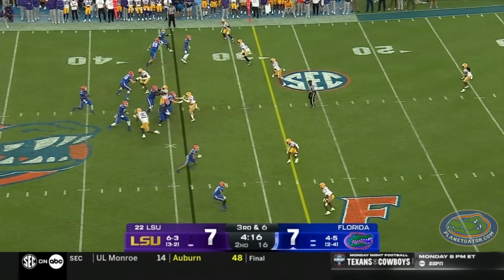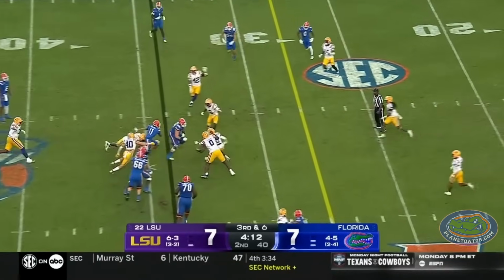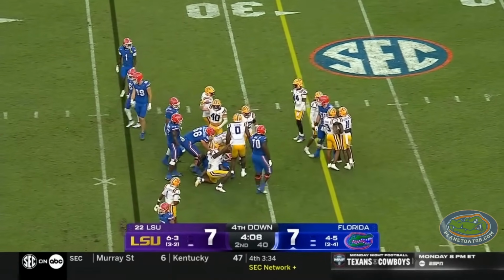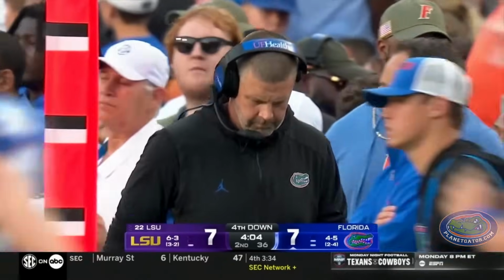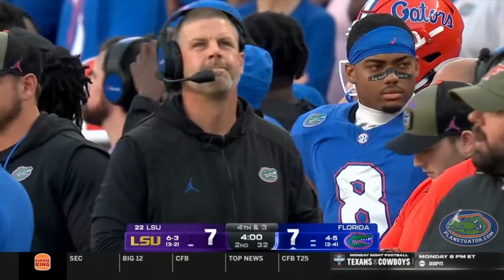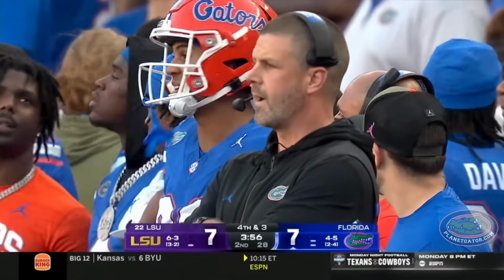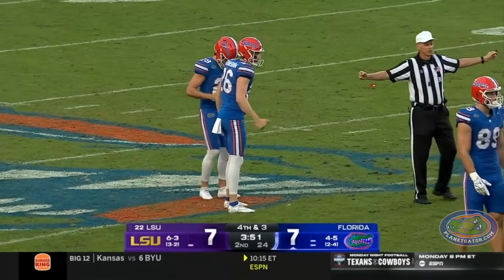5 wide for the Gators on 3rd and 6 from the 34. Slip screen inside. Mizell makes the catch, makes 2 men miss, and then gets forward, but only for a couple. Oh, we got away with a late hit right there. We as in Florida did? Yeah, one of our offensive linemen, actually Austin Barber, knocked their guy down after the play was done. Okay. It'll leave the Gators here with 4th and 3 at the 31, and here is Trey Smack on to